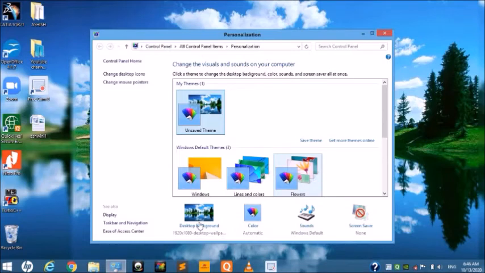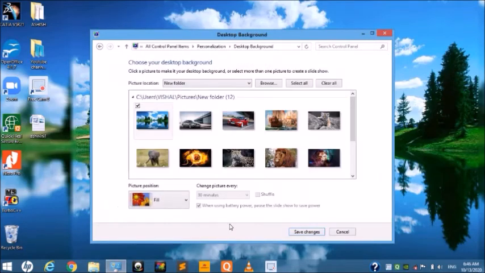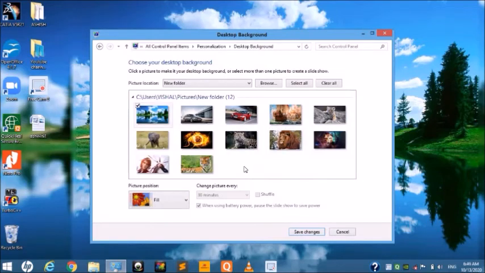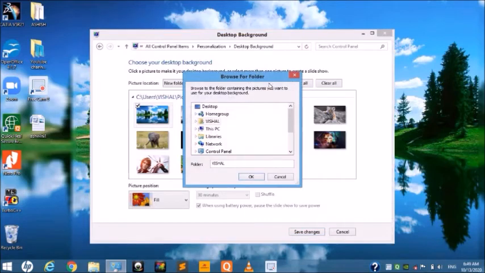So firstly you have to change the background image. So first choose the desktop background, click here. Okay, when we click here, the multiple images will be present here. Okay, so select the picture in the given gallery. If you want to add or browse some new pictures, in this way firstly click the browse button and choose a new picture.